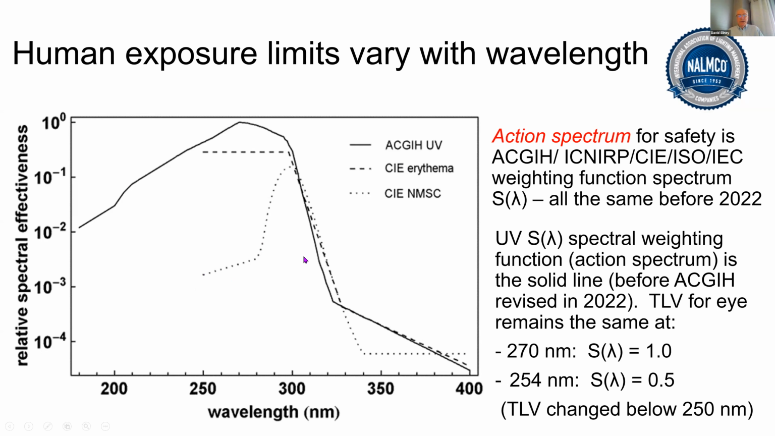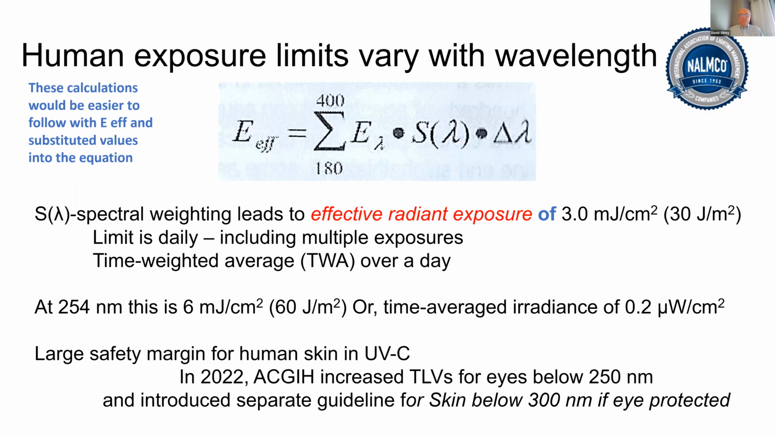Remember, this shows again that at 254, the value is about 0.5 for S lambda, and it's 1.0 at 270. Human exposure limits then vary with wavelength, and this is the fancy equation that would be used if you had an unusual new type of lamp. We don't have to worry about doing that type of calculation, but a lamp company or a lamp manufacturer might